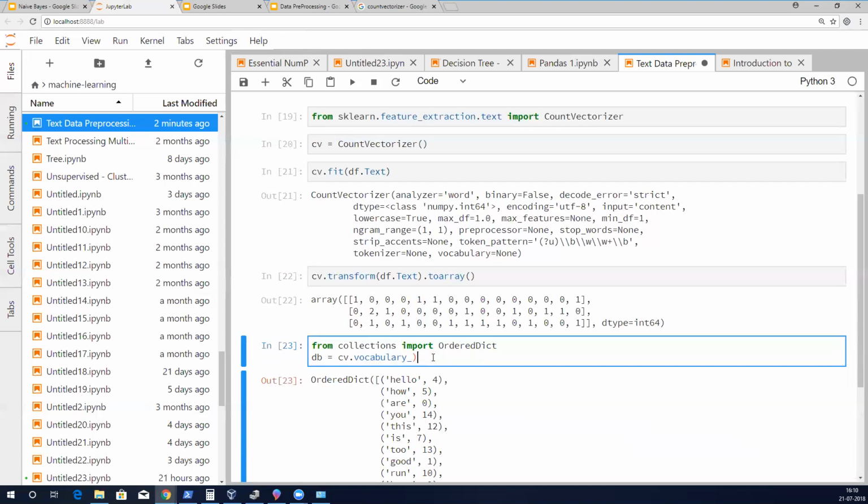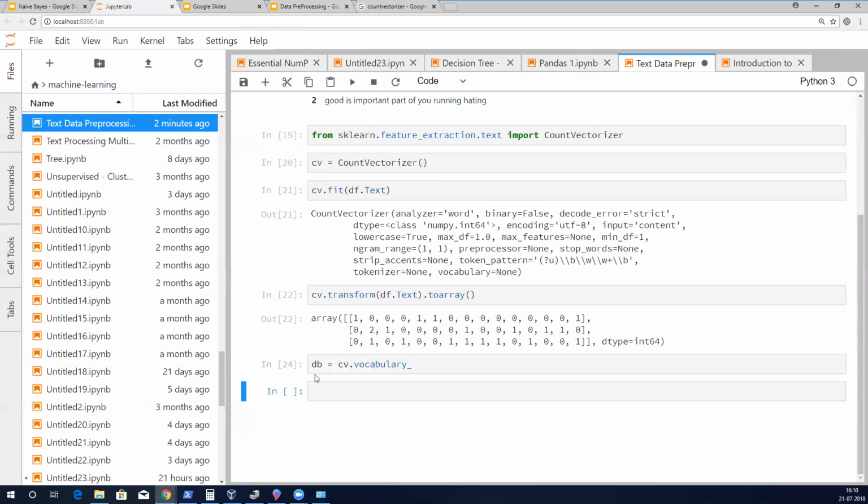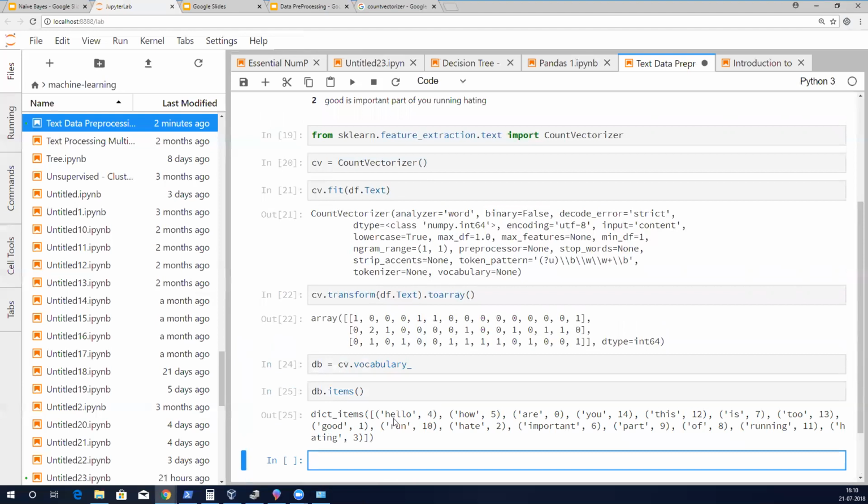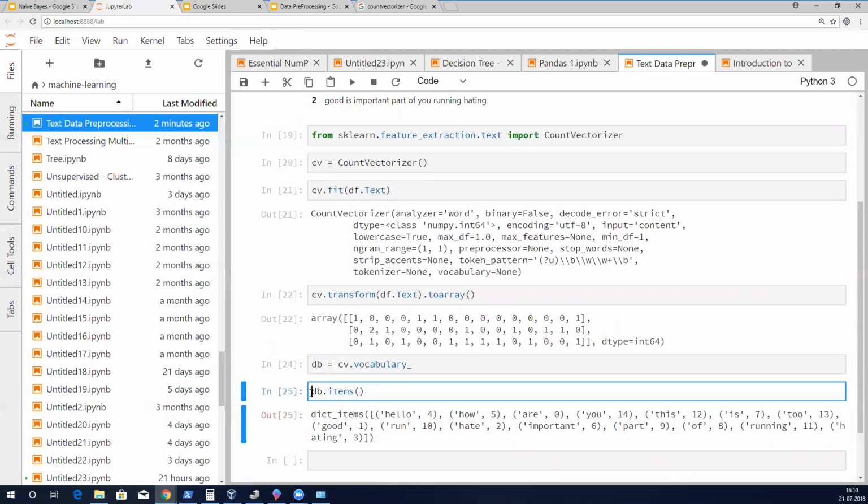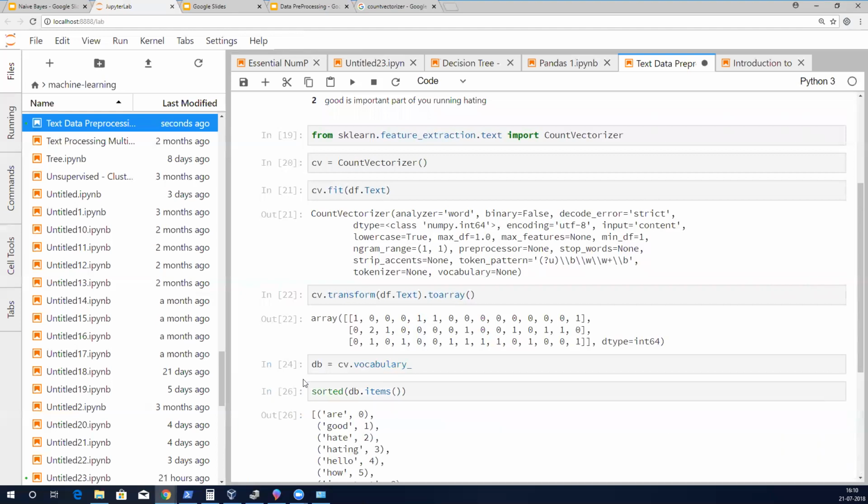Okay, in case this is creating some confusion for you guys, I want to fix it. Wait. Okay, now DB items. If I do this, see here, the word hello is coming here. I want the words in the right order. So what I can do is use the sorted function. It is sorting based on the first element by default.